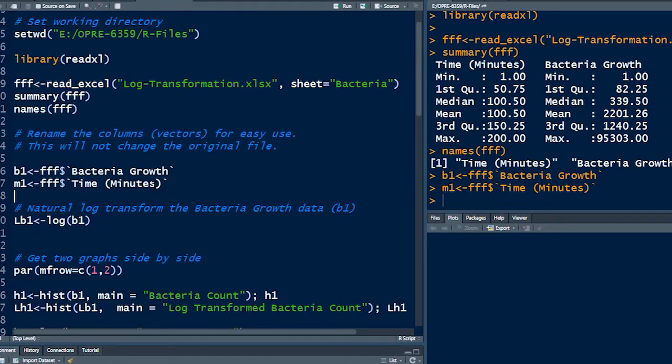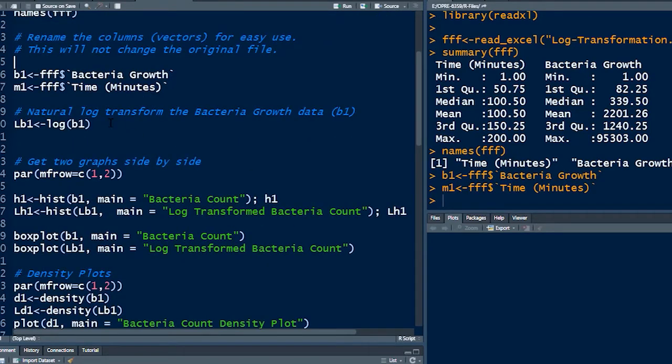Now remember, we are renaming the columns, the vectors, which you already have read. It will not change the file itself. I had to use FFF$ here because R does not know where this is coming from. When I say that, I say, okay, it's coming from the file. If you want to avoid it, simply put attach(FFF). If you do that, then you don't need to worry about this anymore. Once again, go back to that video with all the details that we have there. So now that we have these two columns, vectors, we're going to work with them.